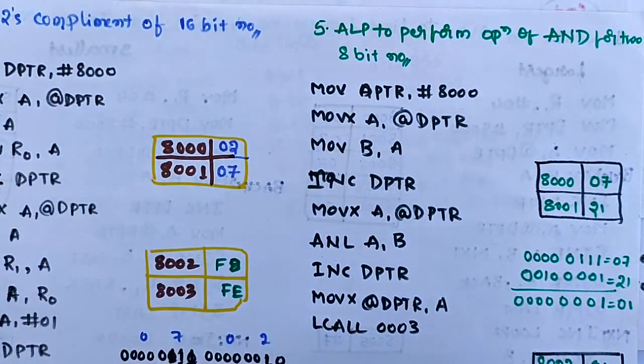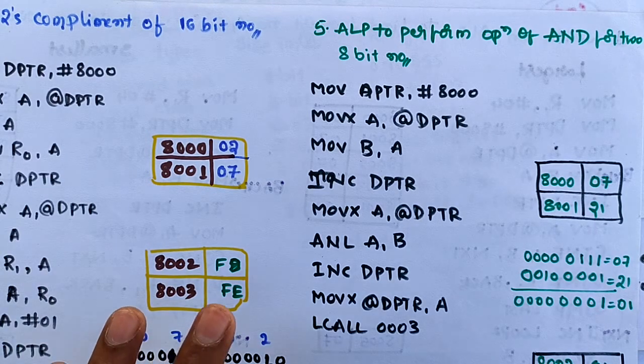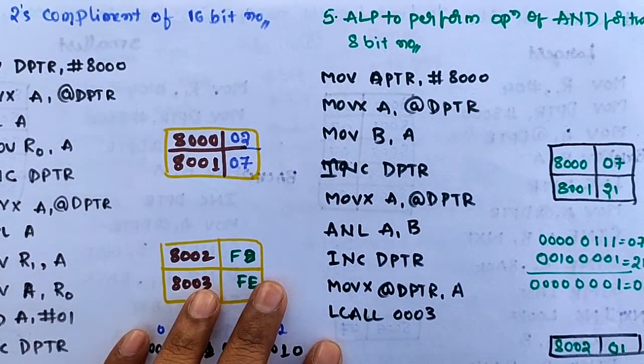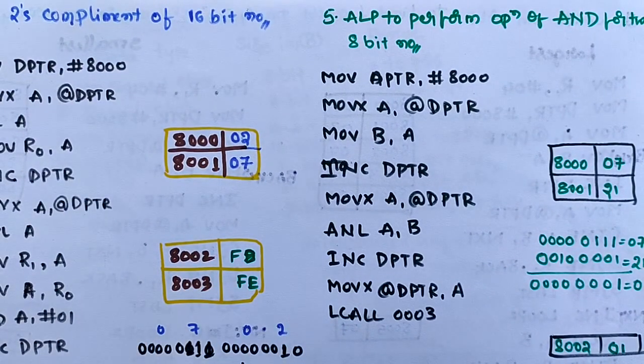And the next type of program is, I think, logical programs. Logical operators we already discussed in the instruction set. Different logical operations, OR, AND and XOR, are there. So for that we can use ANL for the AND operation, ORL for the OR operation, and XRL for